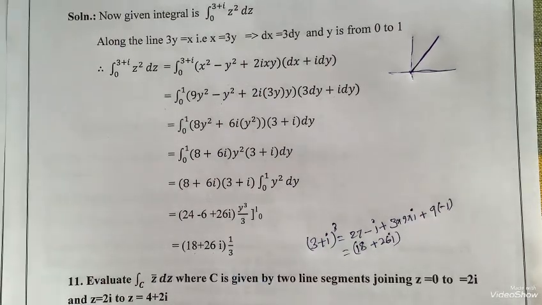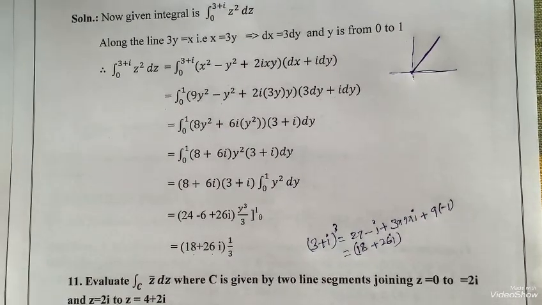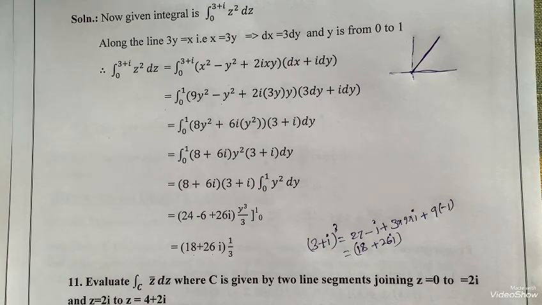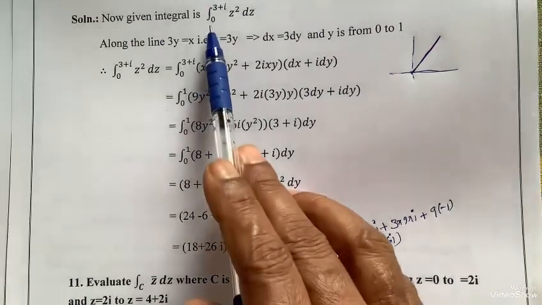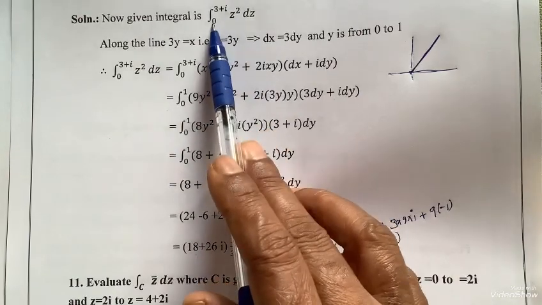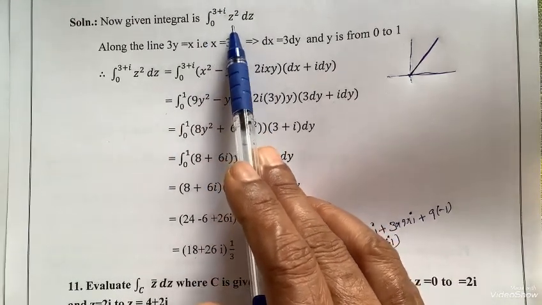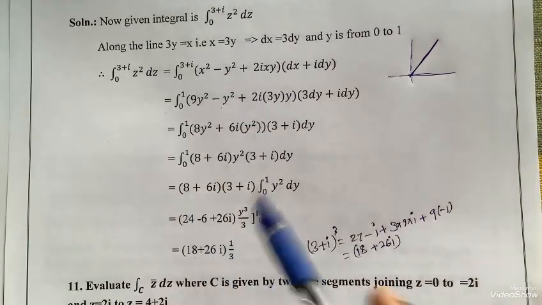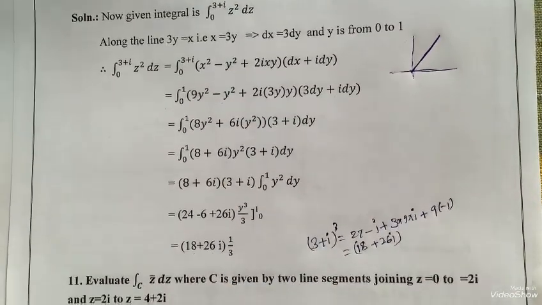If you study that theorem, if the function is analytic, the integral is independent of the path, and the value of the integration is just ordinary integration, substituting the limits in place of z. So z cube by 3 from 0 to 3 plus i: in place of z you substitute the upper limit minus the lower limit, just like a real integral. If you evaluate, you get this answer here. Okay, next one.